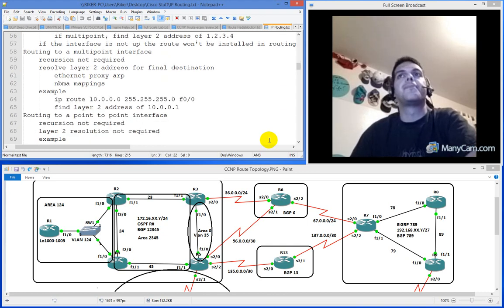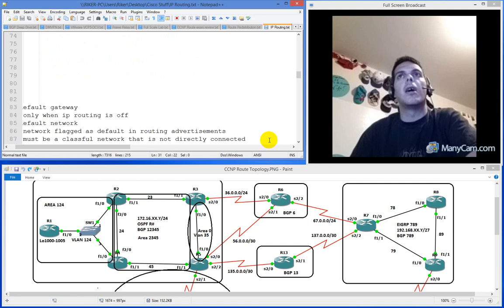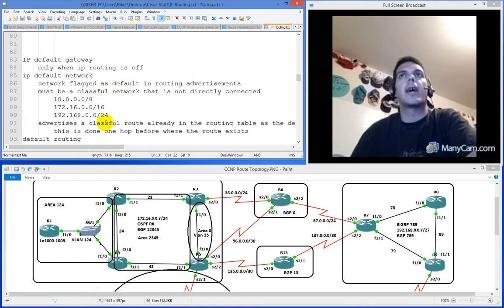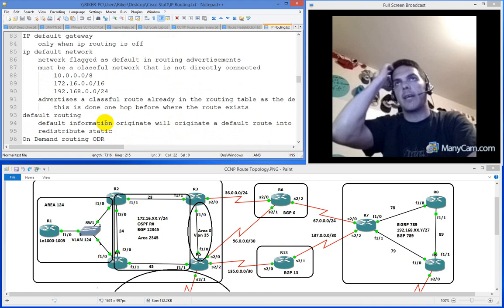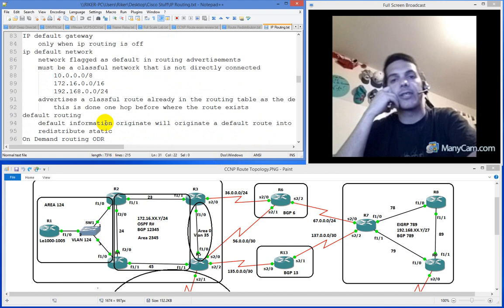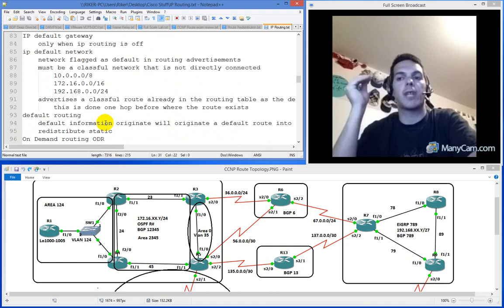And then we have the default gateway, and we have the IP default network. The IP default gateway is only used if you're on a layer 2 switch or IP routing has been turned off, because then you can point your packets to the particular outgoing interface that you want to have it sent to. So you would say IP default gateway and whatever the IP address is of that default gateway, and then